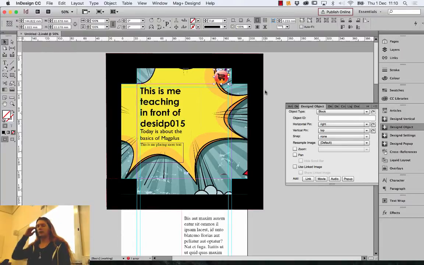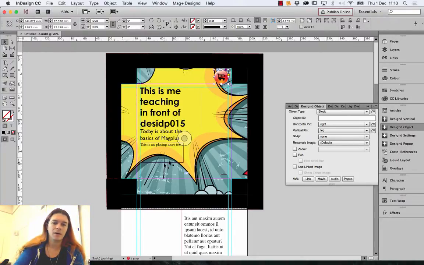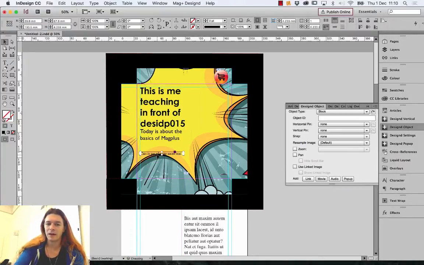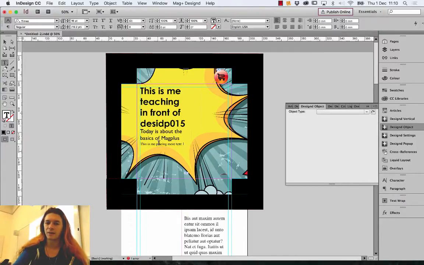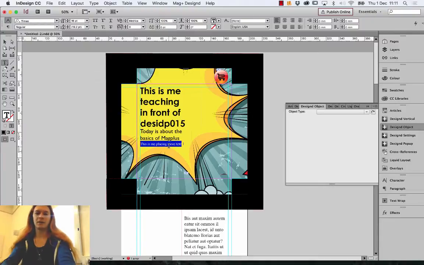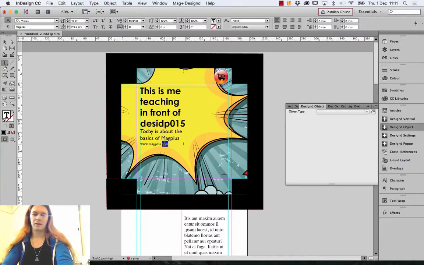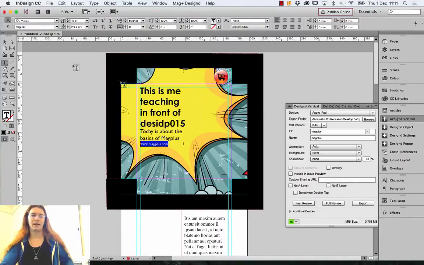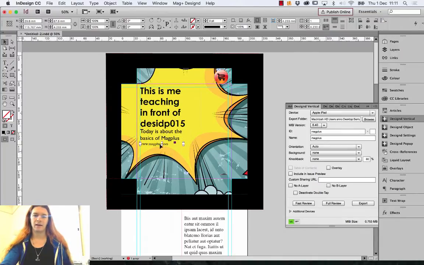We're gonna put a link in here as well. We might as well. I could put this to always be at the bottom as well. This is me placing more text. It's actually gonna be a link. So instead of putting this on the pinned objects layers, just for having removed the white box, I'm actually gonna make this a link. So let's say this is for macplus.com. I'm just gonna write that here,